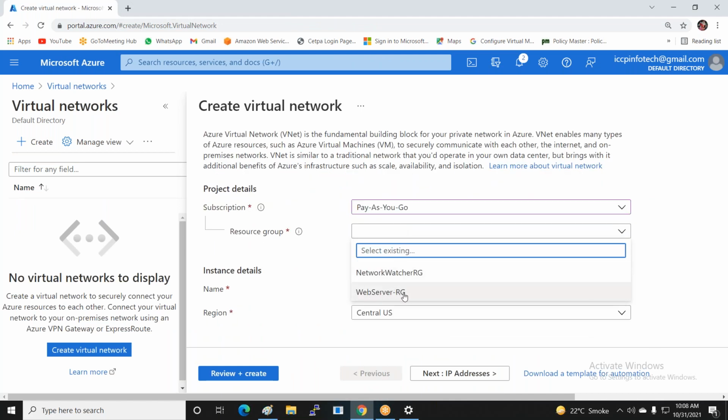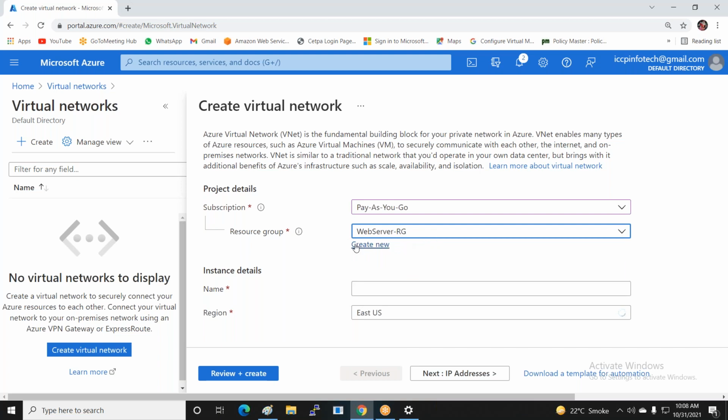You can see the web server resource group is available, or if it's not available you can create a new one. The name is vnet1, and then select the region. I'm creating in east us because my resource group is also in east us, but the choice is yours. You can change the regions when you deploy the resources.